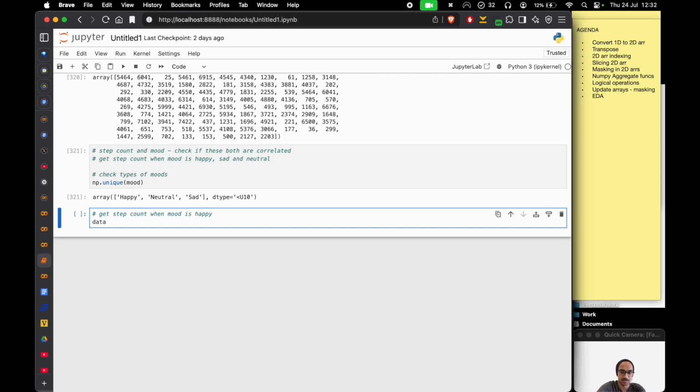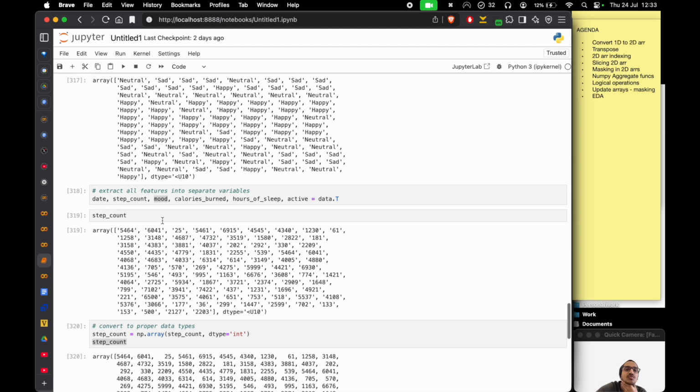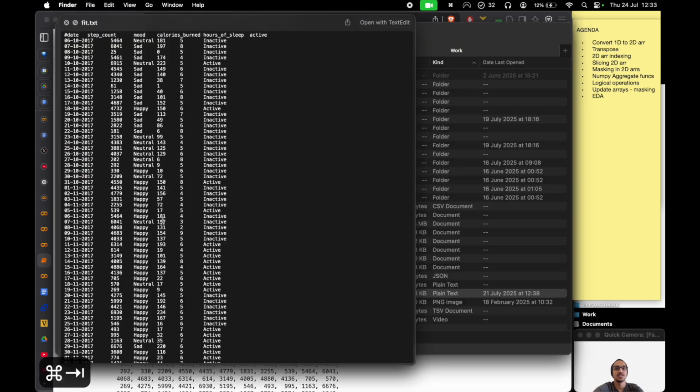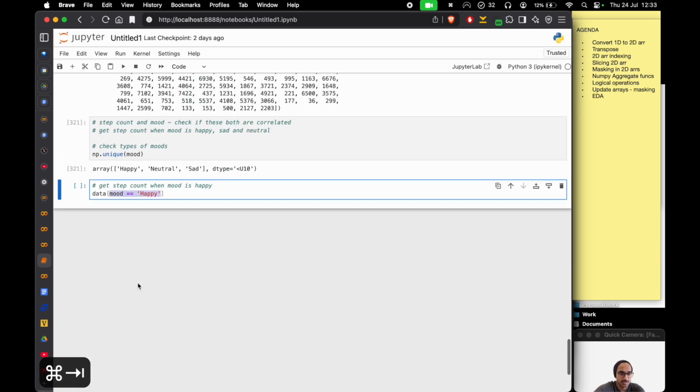So what we can do is data mood equal to happy. Now this works because we have a one-to-one relationship with the index, right? So the step count has the same index as the mood. So here mood is neutral, you have the exact step count for neutral. So this filtering actually works because